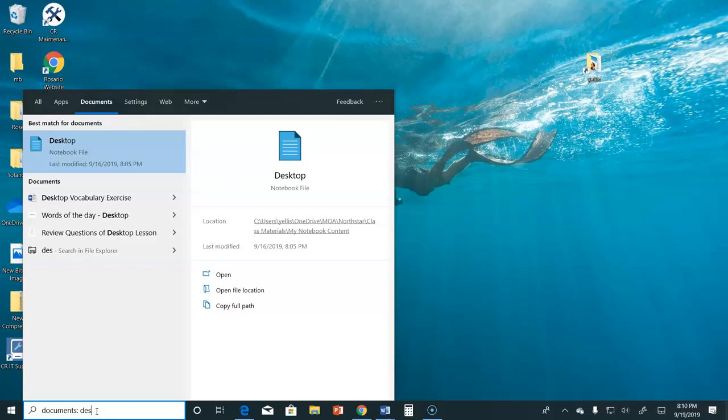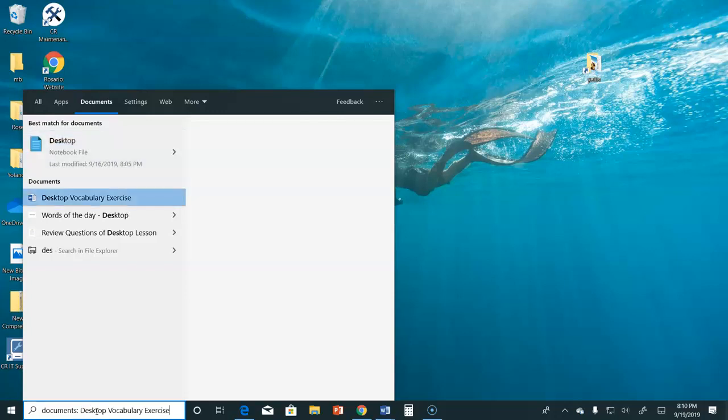Or you can copy full path. You can copy it and paste it someplace else. We haven't talked about copy, cut, or paste yet, but you can copy and paste it someplace else. If we click an arrow,